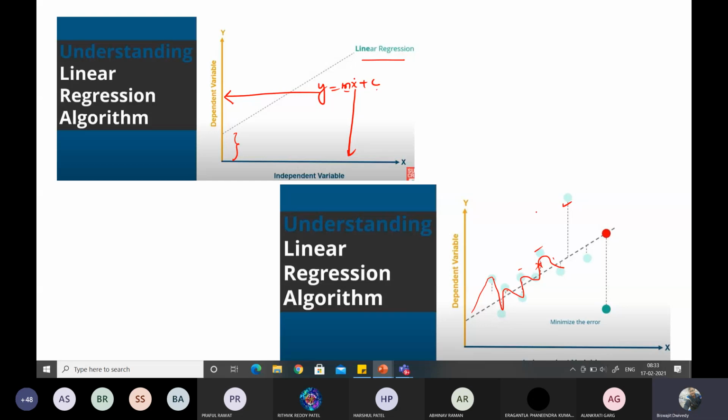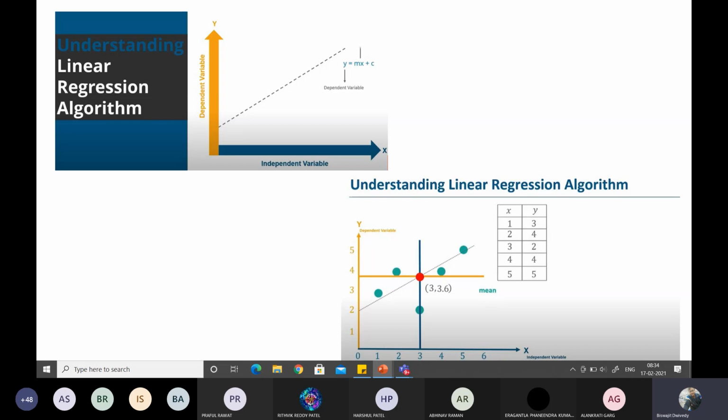So what happens here, the basic idea is to draw a straight line which will give us minimum distance error. We will find the equation of a line which may pass through some of these points, or may not pass through all of them, but it should give us minimum distance error. I will tell you the meaning of this minimum distance error, but before that let us understand how the algorithm works.